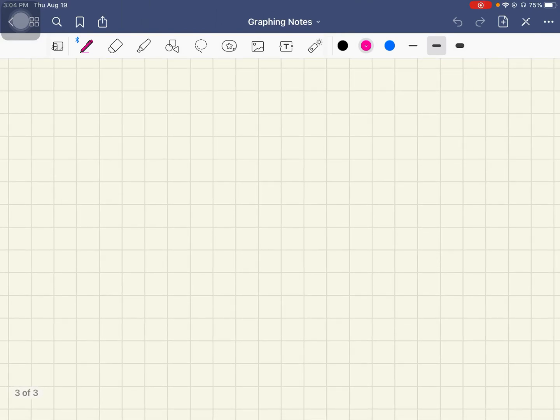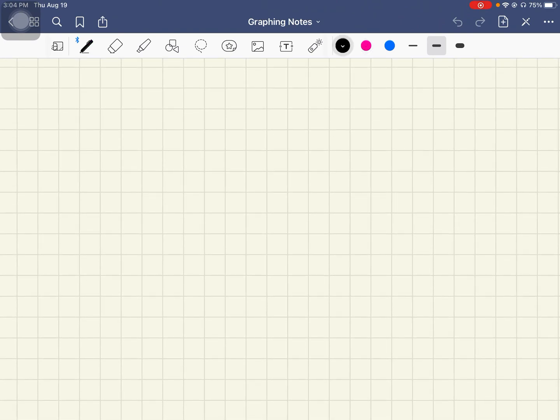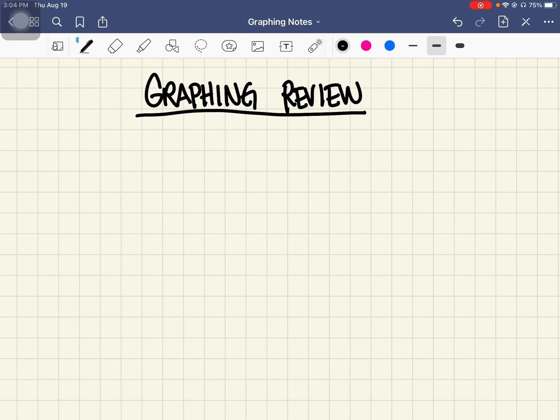Hello, everybody. So this is going to be a really quick graphing review on how to read an ordered pair and how to find it on a coordinate plane. Okay, so here we go. Graphing review. All right, so things to think about and to remember is when you have an ordered pair, that means